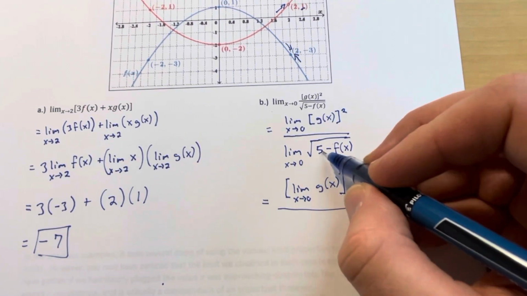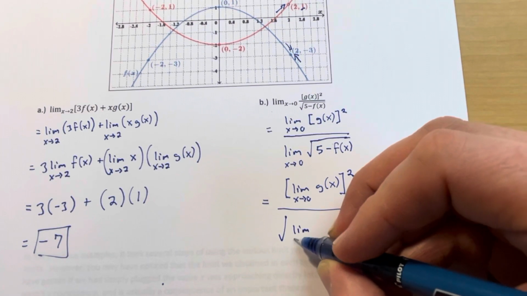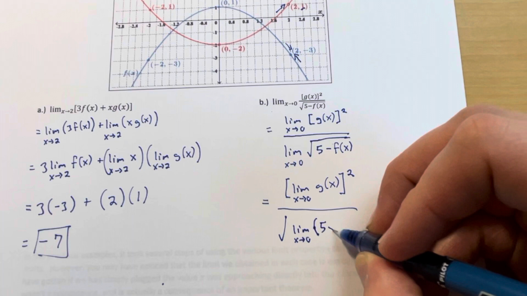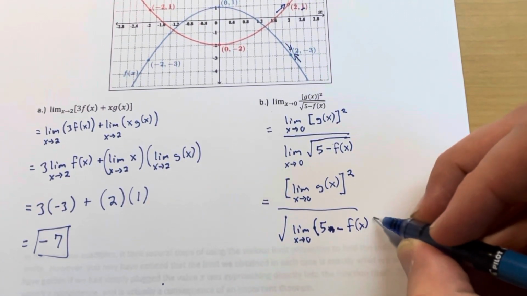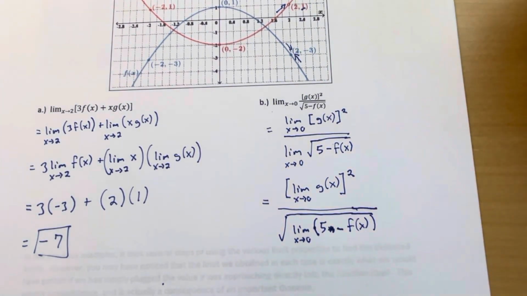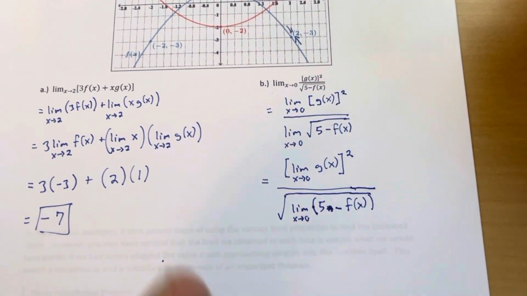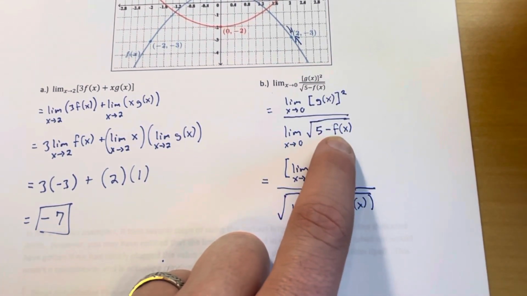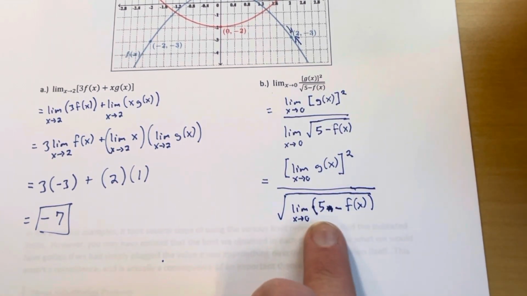Over, I can also bring limits into radicals. So this becomes the limit as x approaches 0 of 5, oh sorry, just 5 minus f of x. Okay? So I'm putting the 5 minus f of x in parentheses because that limit law that I just used brings the limit into the entire radicand, the thing under that radical. To indicate that, I'm putting this in parentheses to show that the limit applies to the whole thing